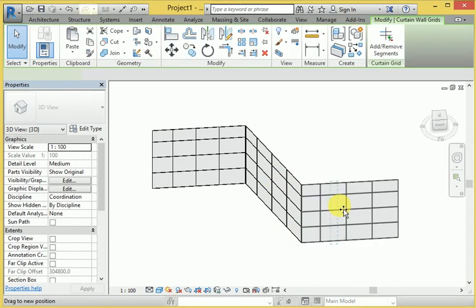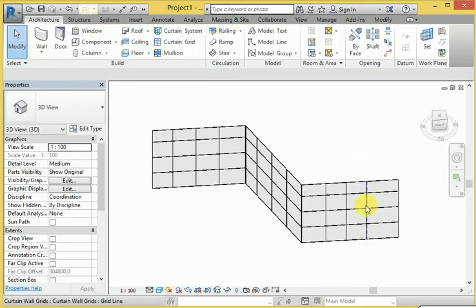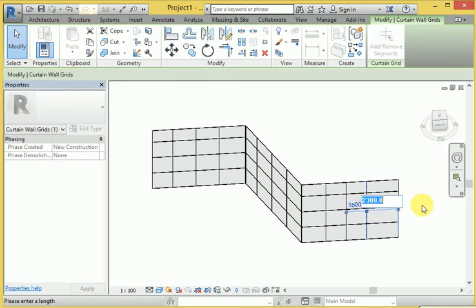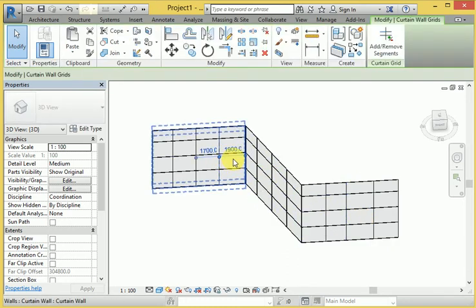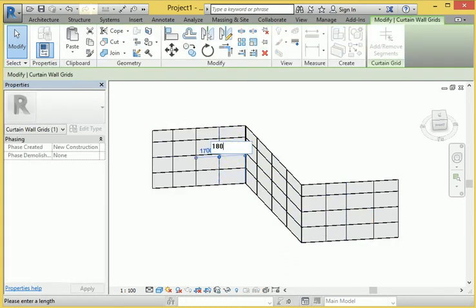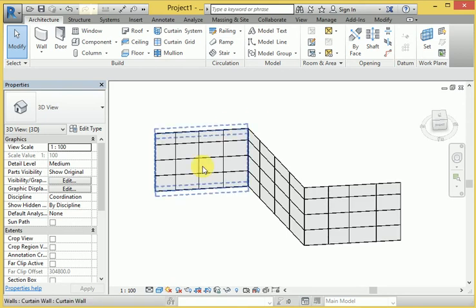Now again this uses 1500. When I make the adjustment, I can provide the particular distance in this curtain size, so it is easy to change the height when I want 1800. So I will provide it right now. Here you can see that we provide 1800. So this is the very easy use of the curtain grid.